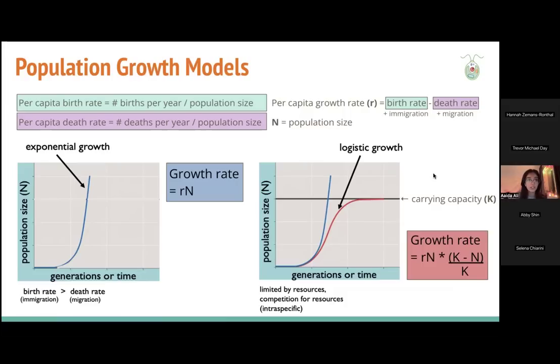All this equation is saying is that when the population size is small, the growth rate will be small until it hits its midway point. Then it starts to approach the carrying capacity, and the growth rate will slow down because it's getting harder to sustain so many people. And then on the next slide,